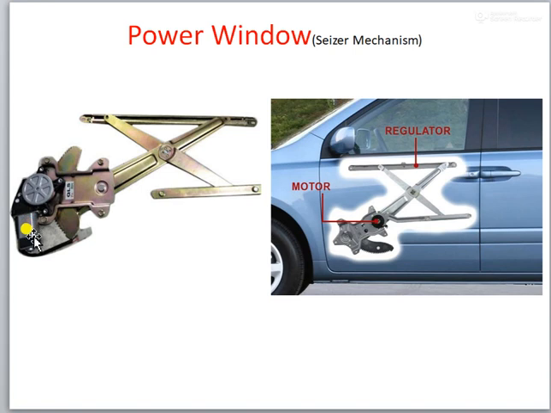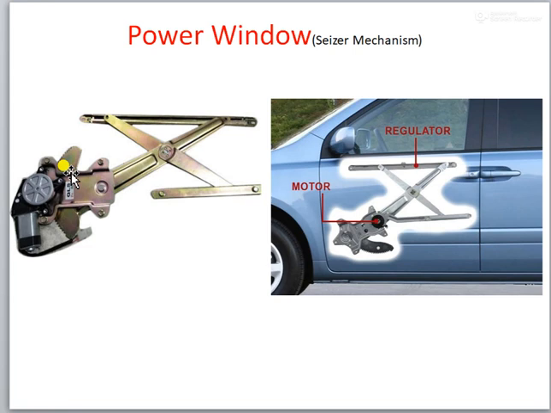Because of that, the speed of the window moving upward and downward will be affected. So only this thing we have to take care of in the case of the scissor mechanism: this part should not rust, and proper lubrication should be there. That is the only thing we have to maintain.